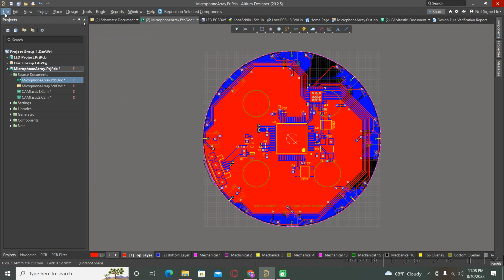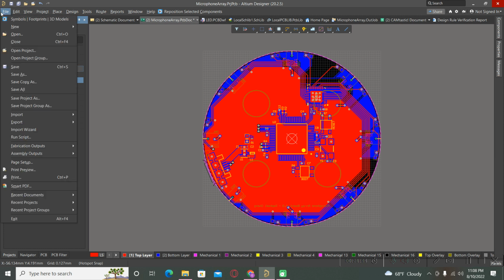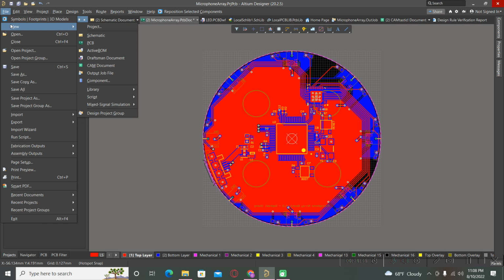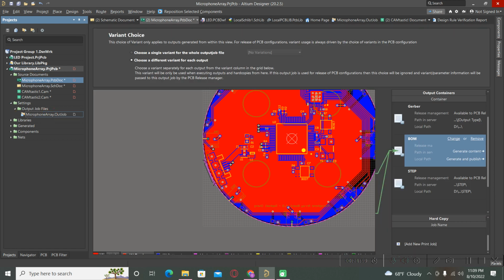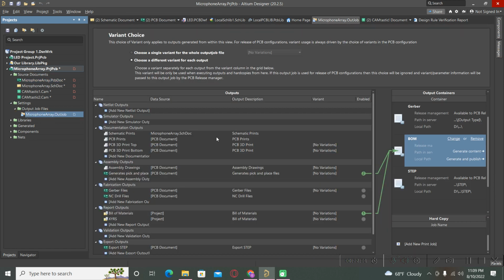Another possibility to create these manufacturing files is to create an output job file. We have this possibility: file, new, output job file. I already have one created here, and when you open an output job file,